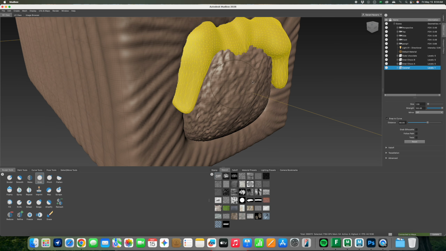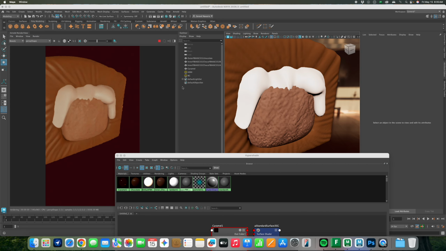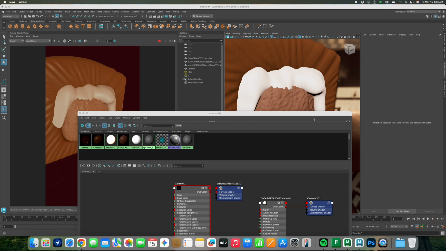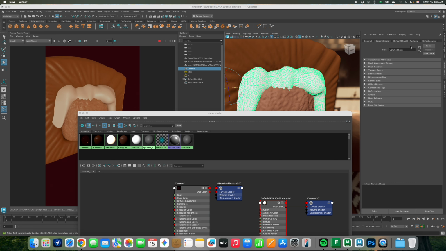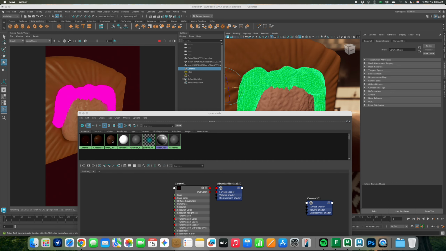So, for example, you modified it in Mudbox again. You can go to File, and then Send to Maya, and then Update Current Scene. So, update natin siya. Now, it's updated. Yun nga lang, ang problema is if you update it again from Mudbox, it reapplies the texture from before. So, ang kailangan nyo lang gawin is just delete that one and then reapply yung caramel texture natin, and then